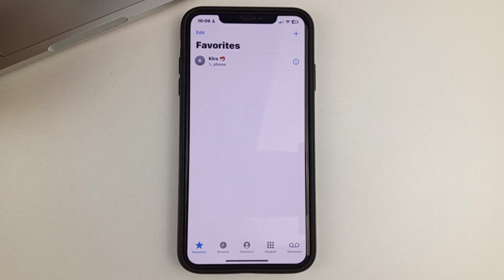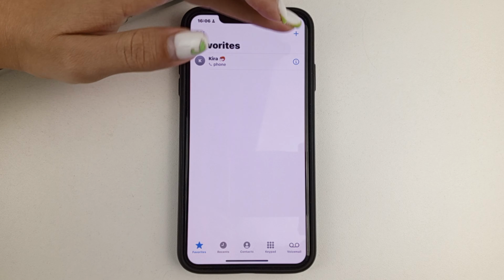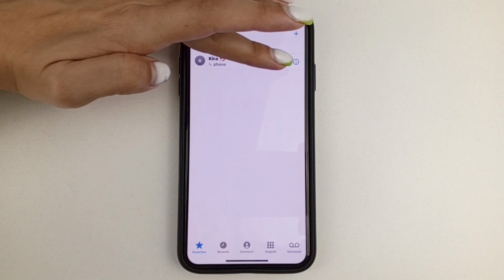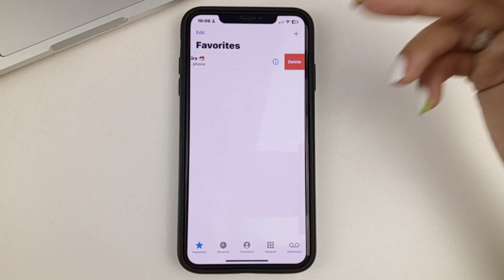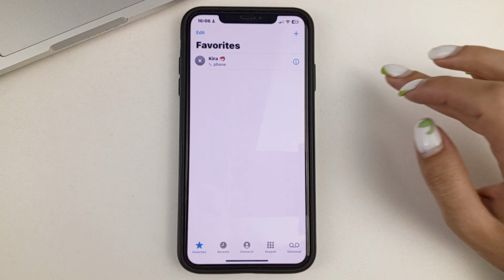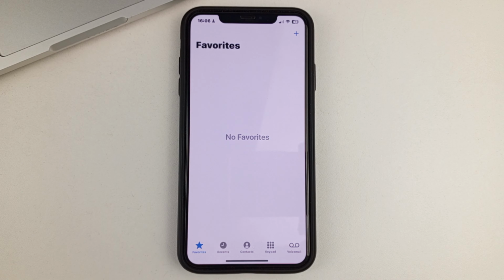The second way is not to click and change. Just swipe the contact from the right side to the left. Only you need to do it not a little bit at a time, but sharply. It's like this. And this is also where you'll get the delete function, which you can click on. If you do it even faster, you might be able to delete that contact in one swipe.